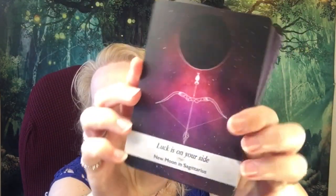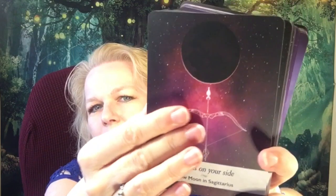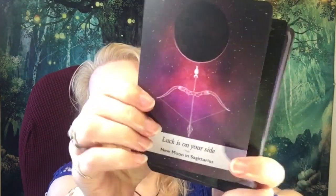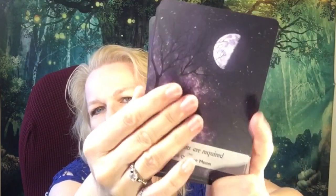This deck is giving me a little bit of trouble. It is sticking together a little bit while I'm doing this, but I find that when I'm shuffling, it doesn't do that. But there's definitely zodiac references and the phases of the moon. But I'm appreciating using this deck. I typically use this in conjunction in a reading with a tarot deck, or sometimes I might pull one card for myself and throw that up on my bookshelf so that I can see that throughout the